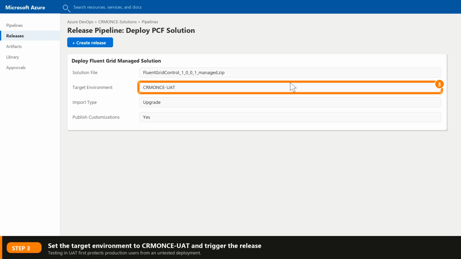I'll also confirm publish customizations is set to yes, so the new grid becomes visible immediately after import instead of sitting in draft. Once I trigger this release, Azure DevOps runs the import unattended, and testers can start clicking through the new Fluent grid within minutes, with zero manual steps.